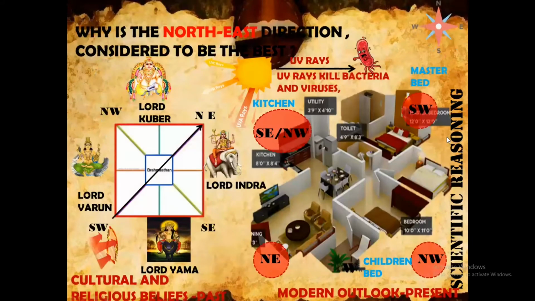Now, we will see about the sun's effect in Vastu. The sun releases two kinds of rays that cannot be seen by us. They are ultraviolet rays and infrared rays. In early mornings, the intensity of ultraviolet rays is higher, which helps in killing germs and bacteria and absorption of vitamin D. Thus, we keep the entry of our houses towards the northeast direction. In evenings, the intensity of infrared rays is more, which warms up the southwest region. So we should not keep the entry of our house towards the southwest region. Another popular cultural belief is that northeast is considered to be the direction of Lord Shiva.